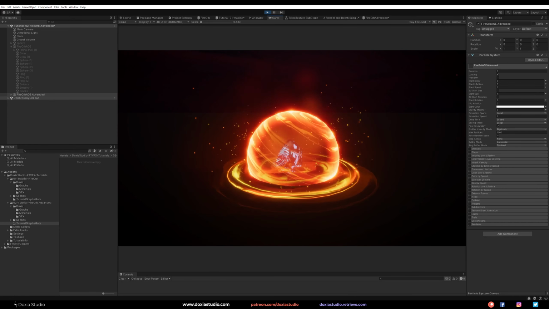So this is the previous one. We created this on the previous tutorial. And as you can see, it's a cool effect, but it doesn't give you a lot of feedback. And for a game, it's better that sometimes you dial down the effects and give a more professional look. So here you can see side by side the difference. And the second one, the one on the right that we are going to explore, gives you more visual feedback than the previous one.